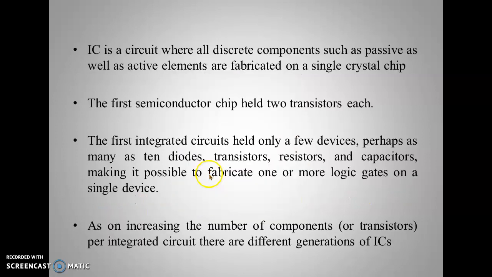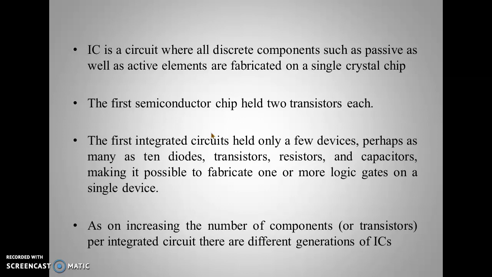Right? So when all the discrete components are there in the circuit, it is not an easy task to combine all those things, because some wires have to be used, and some power losses are present due to the connection of the wires. As the distance between the components increases, the power consumption also increases. To reduce that is one of the factors ICs came into existence.